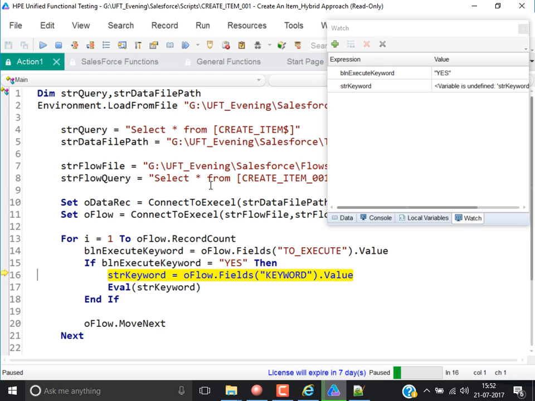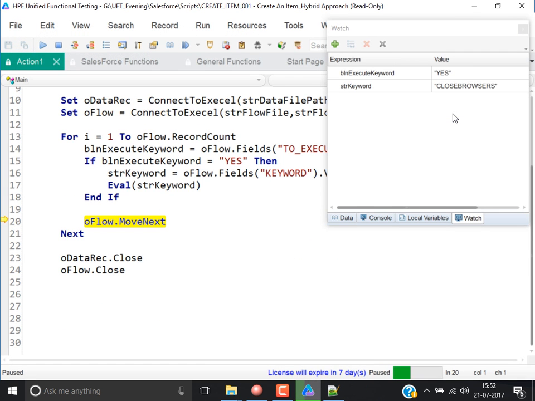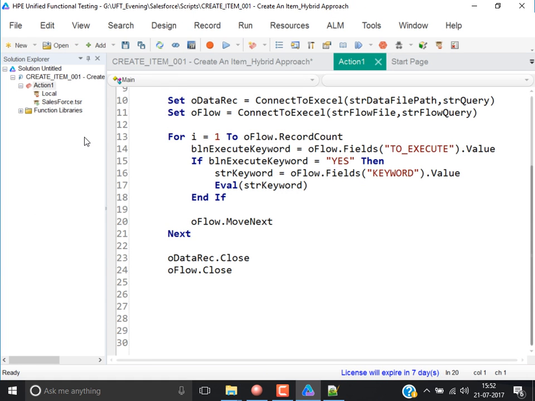What is the keyword now? It is close browsers. If you execute now, you can see the browsers have been closed. Temporarily I just changed the value. That's what the console is for. Console is used for executing certain lines temporarily, or changing the variable value temporarily. Okay, fine. So I will stop